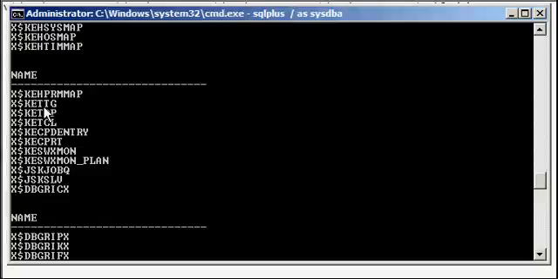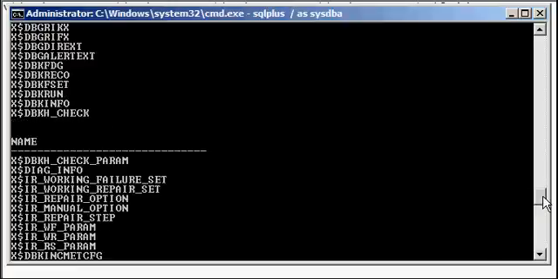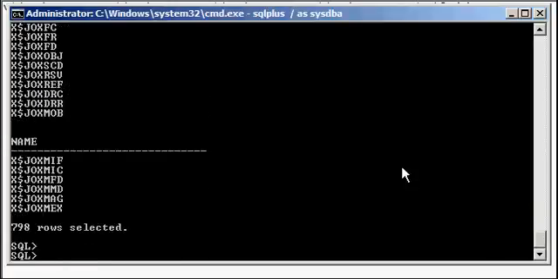There is a method to Oracle's madness in the naming convention of these X$ tables. The first couple of letters denote the Oracle kernel module, or Oracle DBMS kernel layer, that they reference. So keep that in mind. X$ tables have the first few letters reference the layer of the Oracle DBMS kernel. Now, if you were to say select table_name from dba_tables where table_name like 'X%',